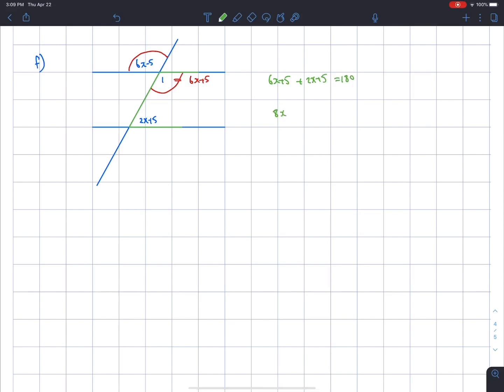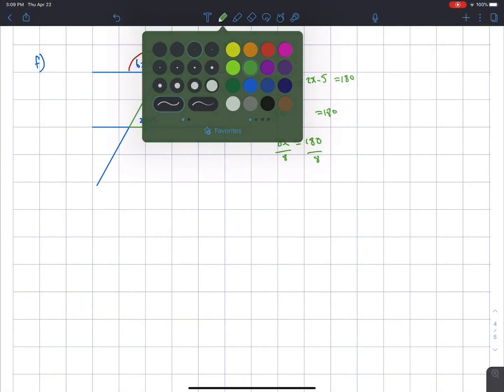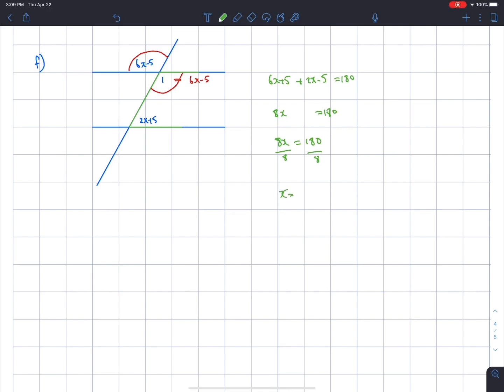6x plus 2x is 8x, and minus 5 plus 5 is 0, so 8x equals 180. Oh, sorry, that's a minus 5. And then we can divide both sides by 8. We get x equals